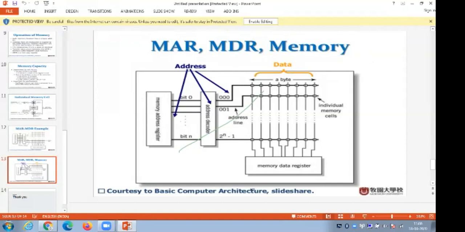So the data is stored in the form of bits. The address is stored in a separate memory. This address is from 0 to n. So when the bit is moved from n to 2 to the power of n minus 1, this is the address line which shows. These are all the cells that are shown, where if we give the digit A, it is taken as 0. If B, it is taken as 1. It depends on the system. It takes each digit given in the form of data. It transfers it in the form of data.